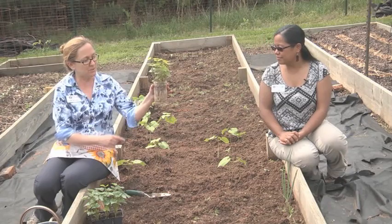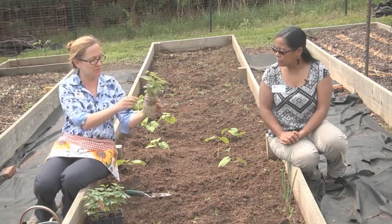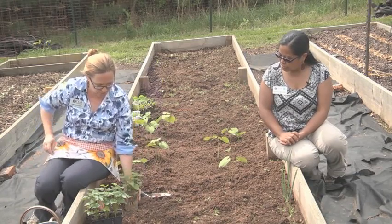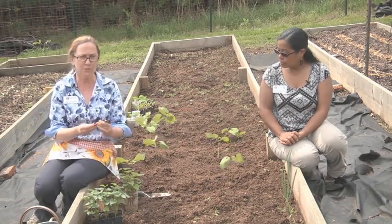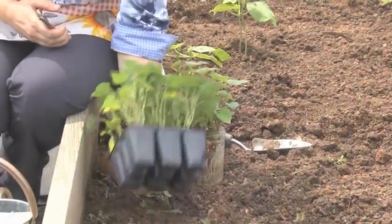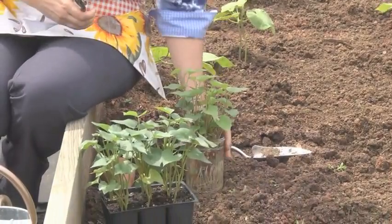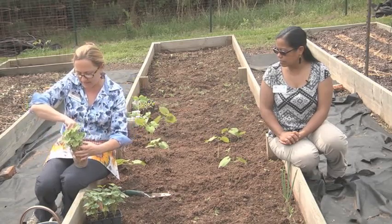So a lot of people do it this way. These have a little water down here, and they've rooted, and these are just little sweet potatoes. If you wanted to use one of these, instead of planting the whole potato, you plant a slip. And so these are rooted slips. These are rooted pieces of the vine that someone's already done that for you, but you don't have to buy them that way. You can get a piece off like that,